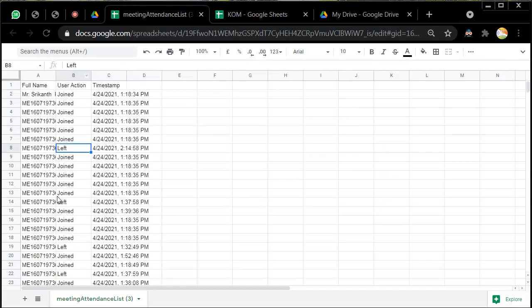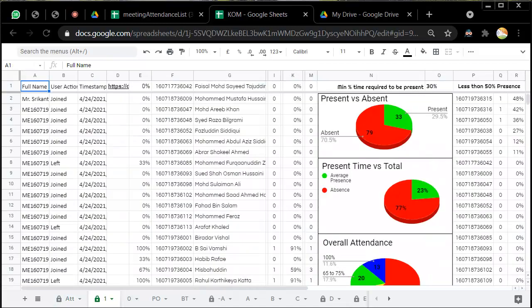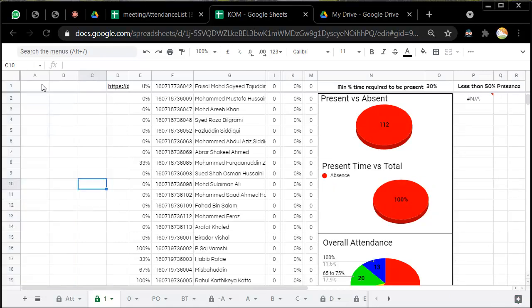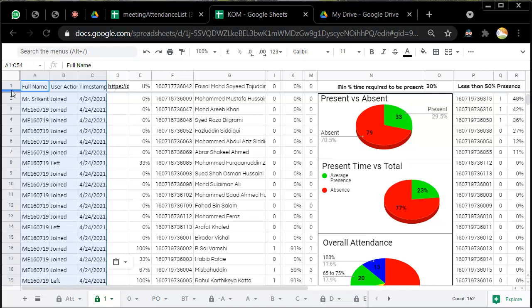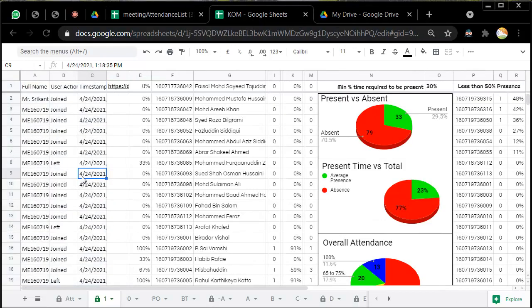So when opened, this is how the sheet will appear. I just have to click anywhere, press Ctrl A, Ctrl C for copy, and then go back to my file. In this file, first I should go to the tab called 1, and the first 3 columns A, B, C I have to select and delete. And before pasting it, I just have to click in the A1 cell, press Ctrl and Shift together and press V while the Ctrl and Shift are pressed. So this will copy the 3 columns that I have copied from this file right into this particular file,